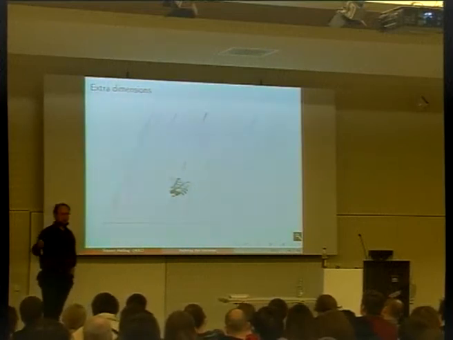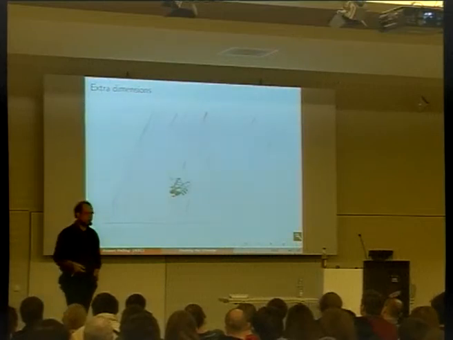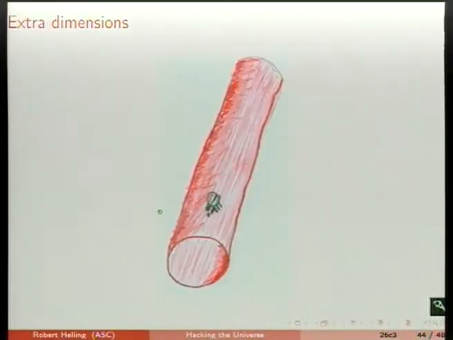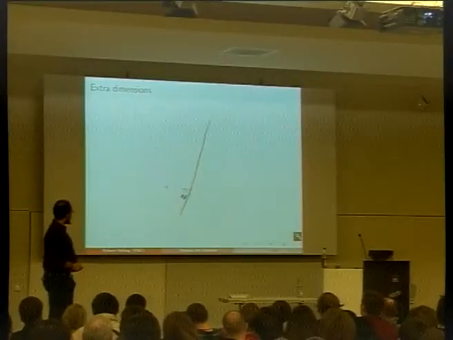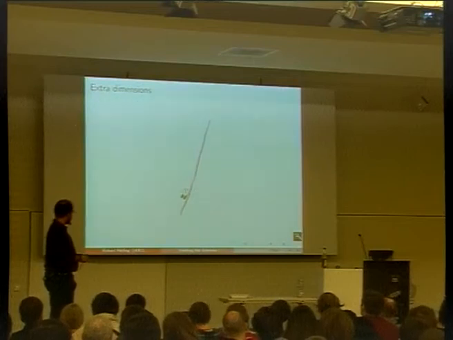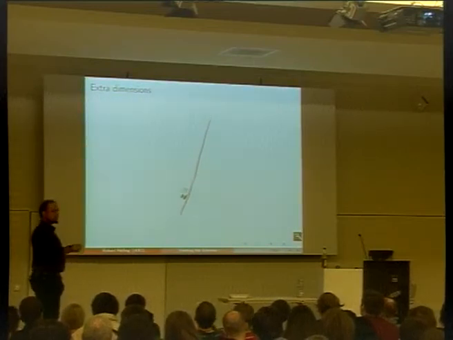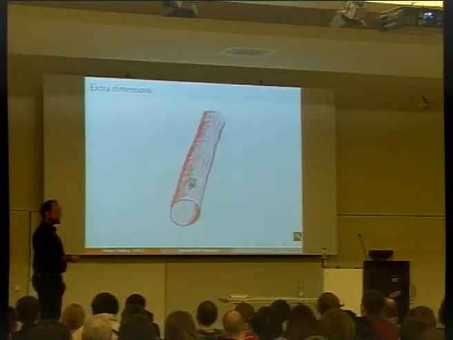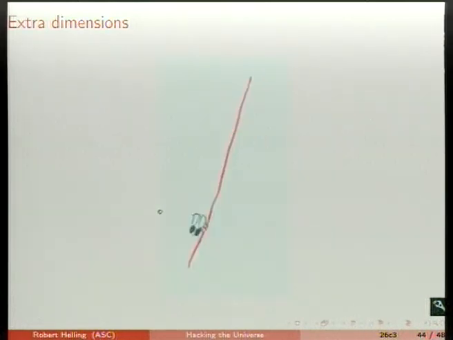But it's not, because there's this thing you can do that's called compactification, and that tells you when stuff at big scales looks like it has certain dimensionality, it can be wrong at small scales. So for example, there's again our friend the fly sitting on some sheet of something. So this is something 2-dimensional. But actually, the 2-dimensional thing is the surface of some pipe, right? And when you zoom out, when you go to bigger scales, it looks like this. I've zoomed up the fly, but this is now something 1-dimensional. But the idea is when I go back, something one-dimensional can actually be two-dimensional when you zoom in. Right? And the same thing happens in string theory.